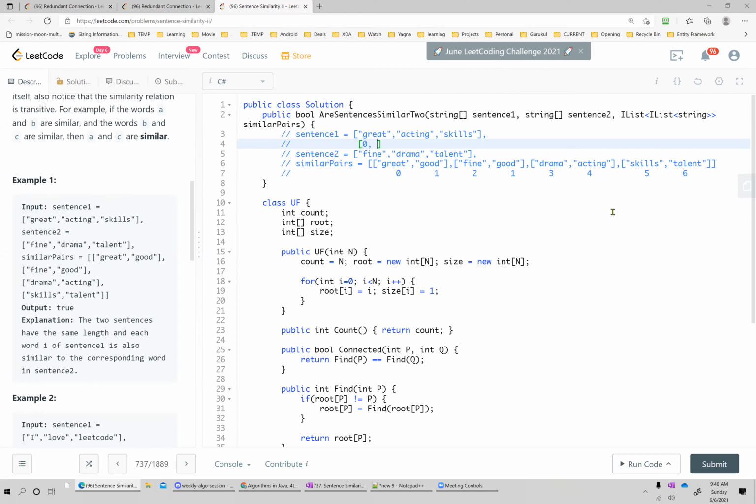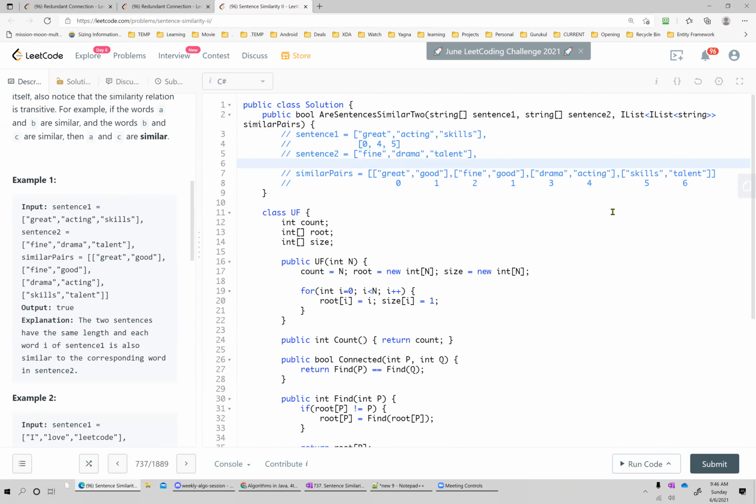Acting is 4, and skill is 5, right? And my this becomes fine is 2, drama is 3, and talent is 6.